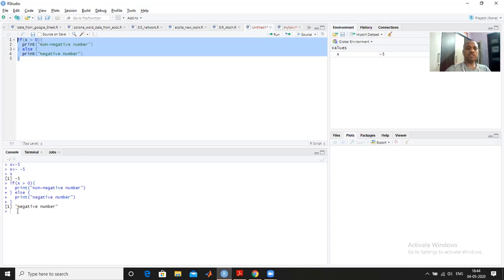So suppose I change the value of x, suppose I take x is equal to 6, and if I press enter, now the value of x is changed here. Now the value of x is 6 here. And now if I execute this program again, so for running it again, either you can select it and run it here, or you can use the arrow key. So up arrow key or back arrow key.